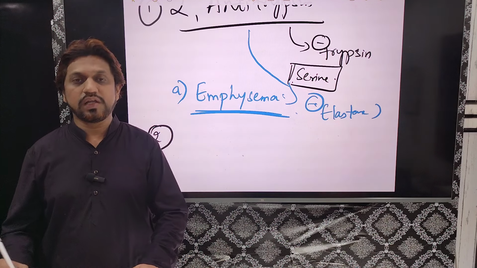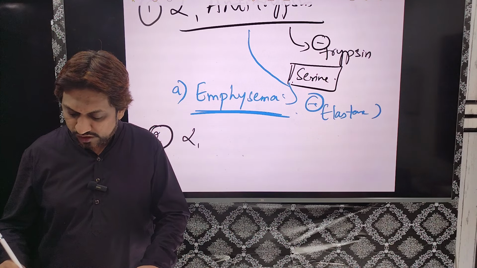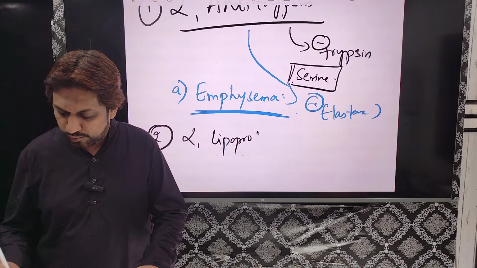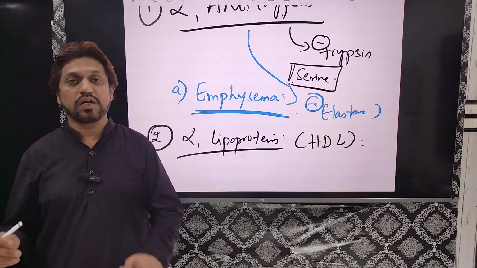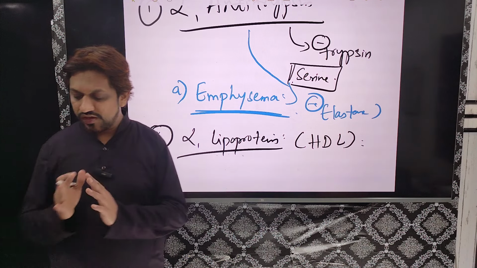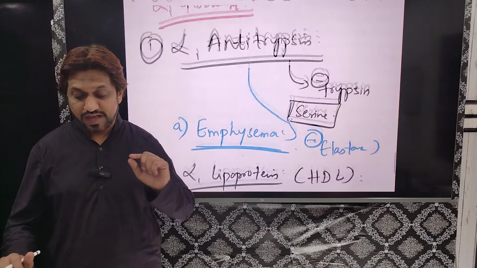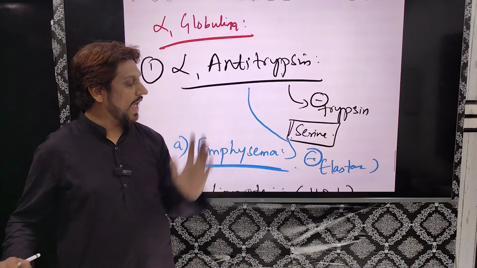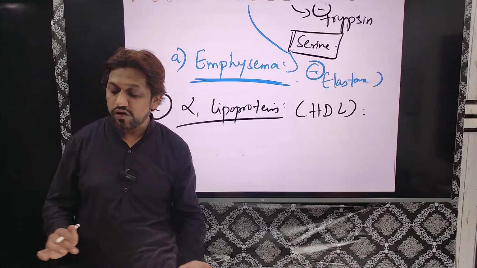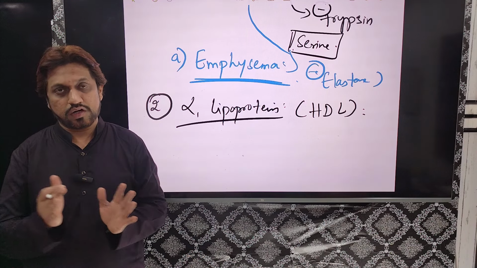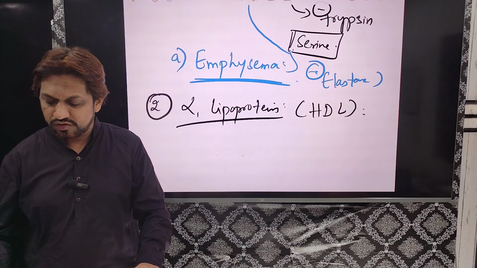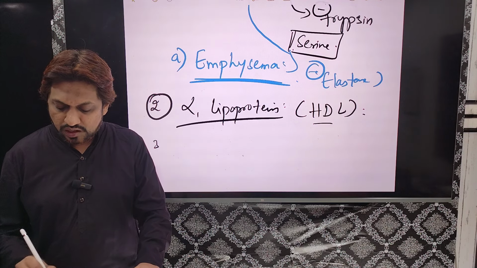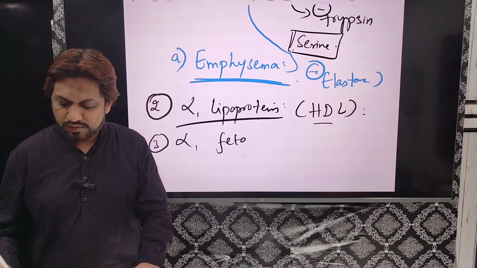alpha 1 globulin is alpha 1 lipoprotein. Alpha 1 lipoprotein is also known as HDL, the high density lipoprotein. It is also termed good cholesterol. Basically, this alpha 1 lipoprotein, which is an alpha 1 globulin, helps in the reverse transport of cholesterol, that is from the tissues to the liver. That's why it is termed good cholesterol. Then alpha 1 fetoprotein, which is basically a fetal protein, is also a subtype of